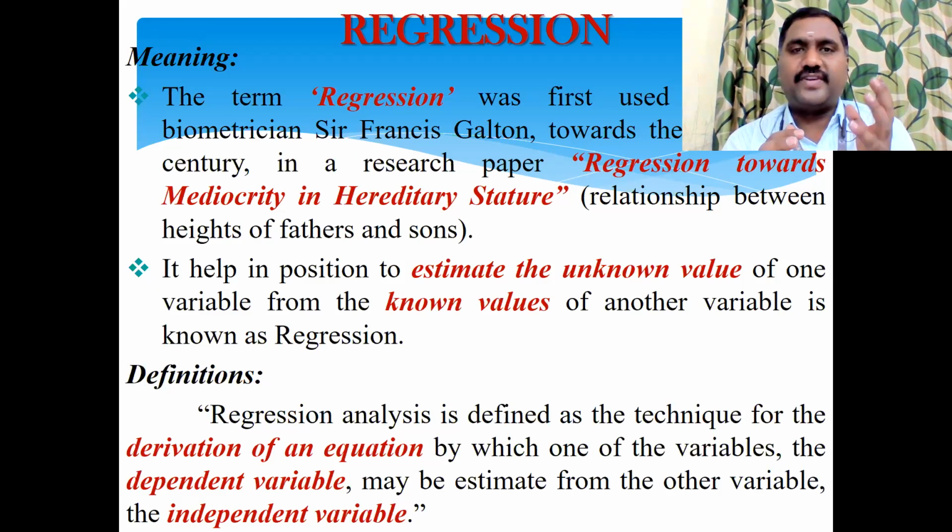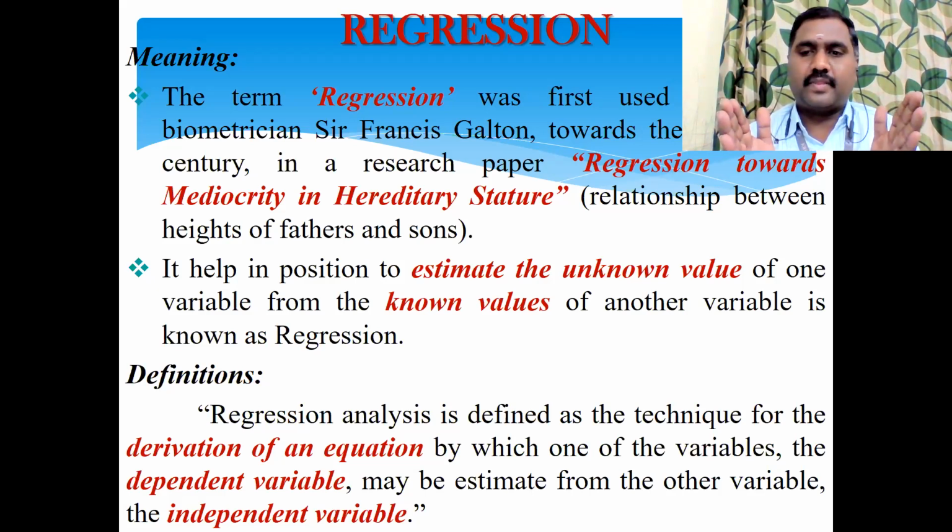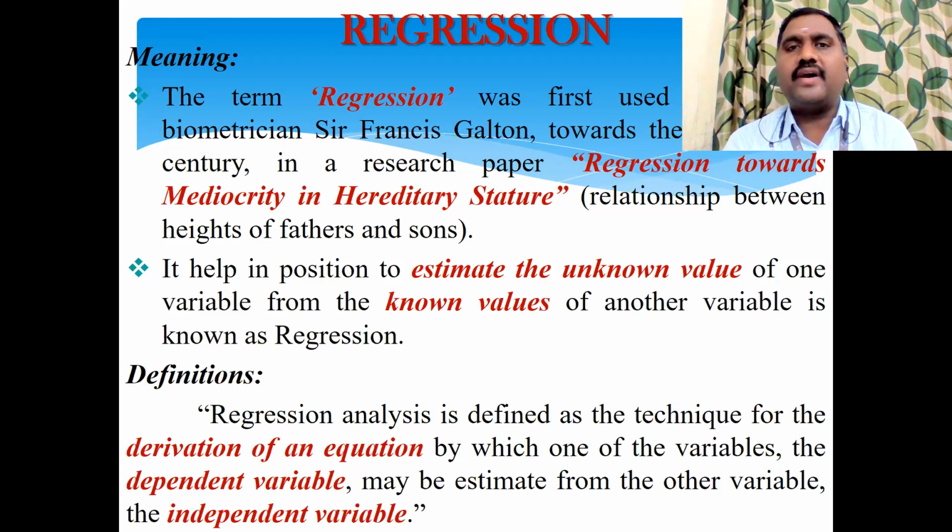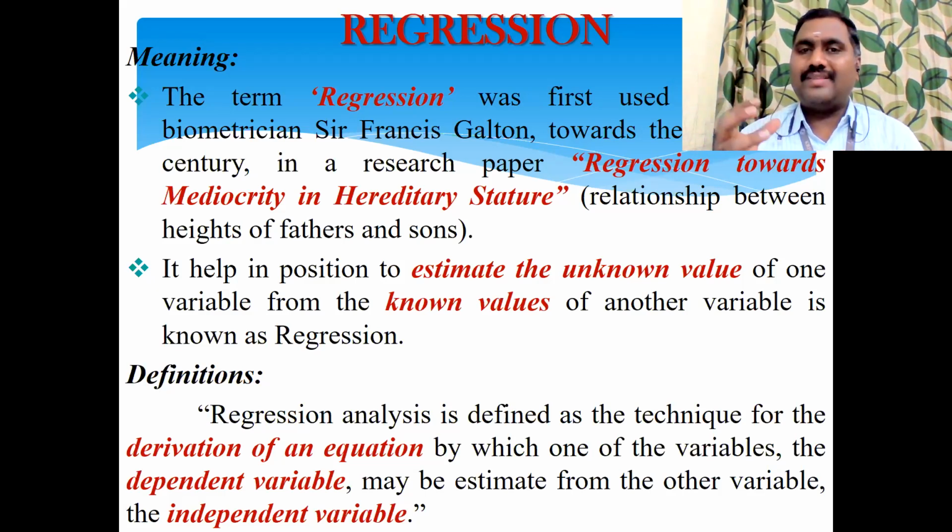What is the difference between correlation and regression? The correlation is just to find out the relationship between two variables. I want to find out the relationship between demand and sales, or between profit and sales. Whereas in regression, you want to identify the significance of those variables. That means how far the demand or sales, if you take sales.